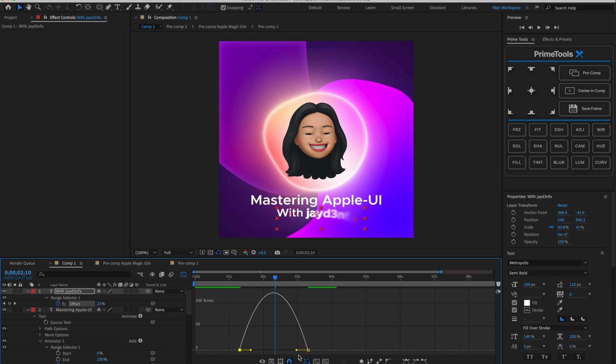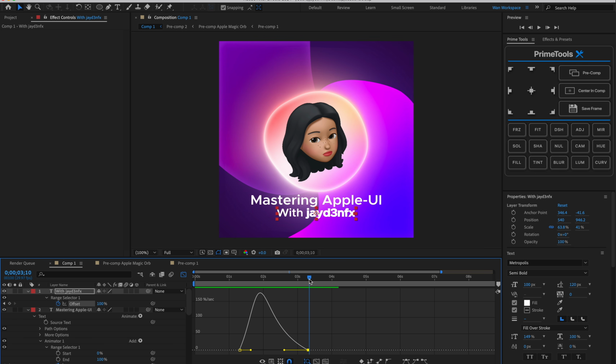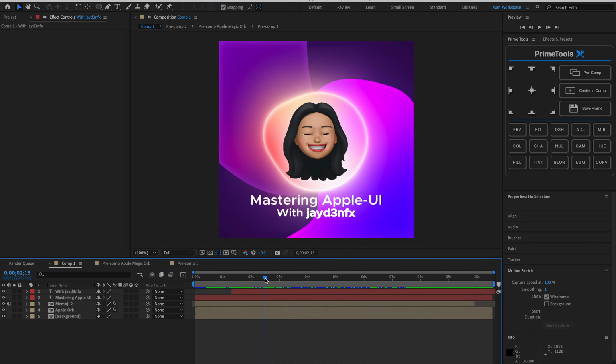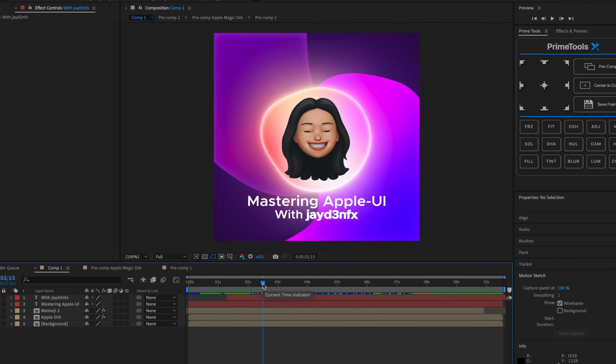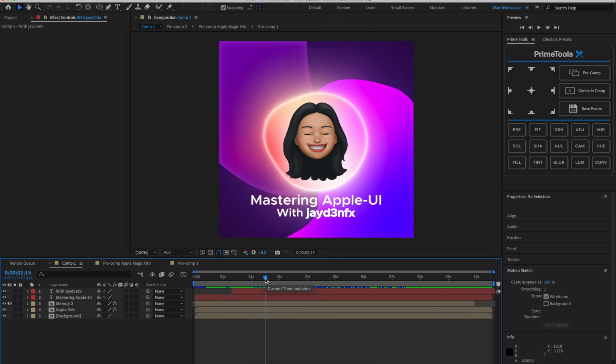And then also, if you want, you can do a little graph with this one, because I wanted it to be a little bit faster. All right, period. And now we're done with the text. Very easy, very simple. Before we put everything together, we are on our last main point, and that is Glass